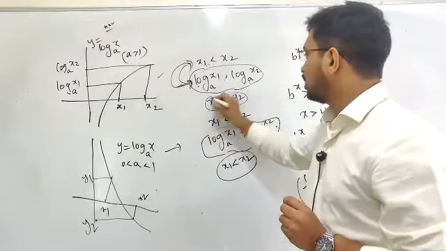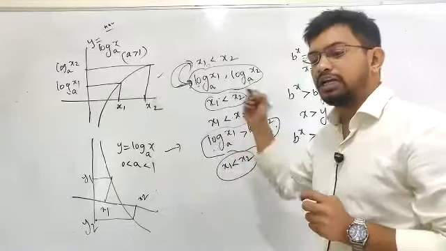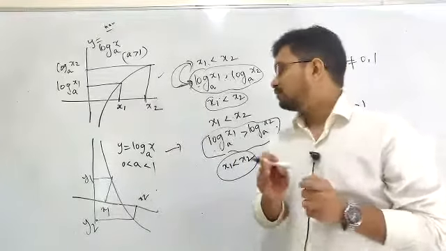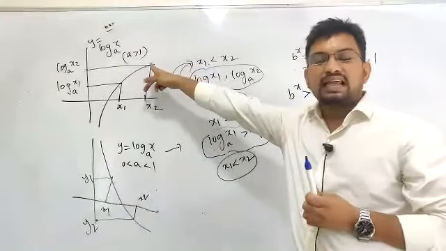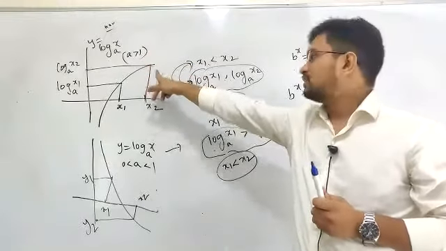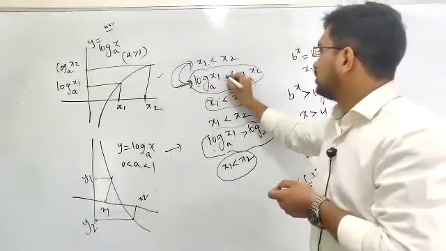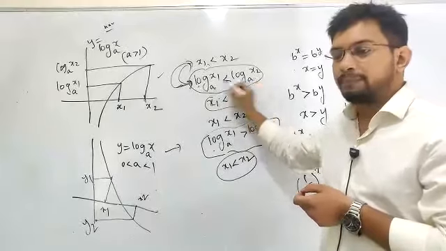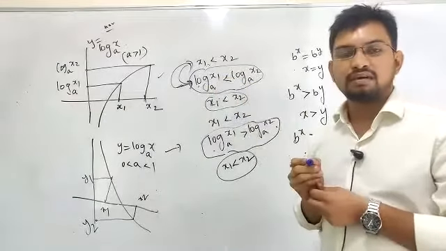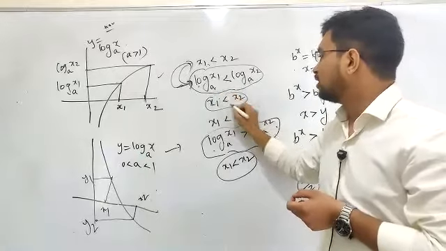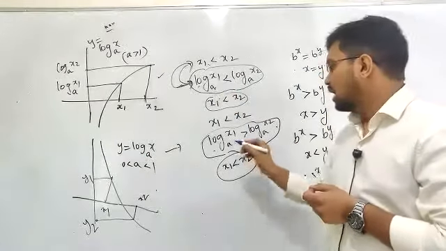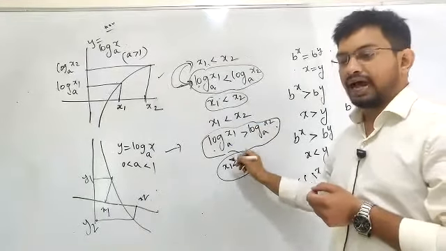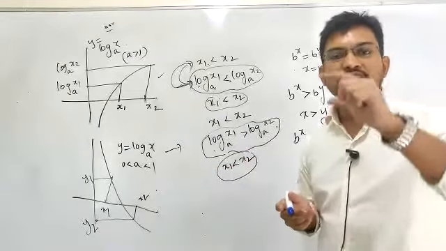Now what can you observe? When this is given and you are asked to write this, what are you observing? My observation is this: if the base is greater than 1, the logarithmic inequality remains the same. When we compared with the base greater than 1, the sign is absolutely the same. Now if the base is lying between 0 and 1, the logarithmic inequality reverses. When comparing the arguments, the inequality reverses.